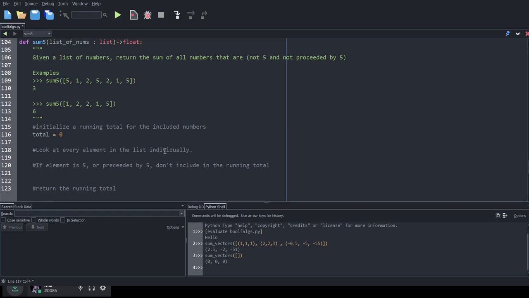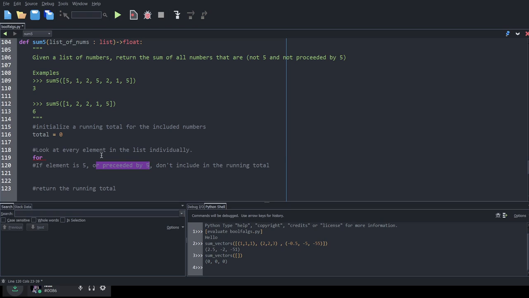Okay, now we have to look at everything in the list individually. Our input is a list. If we want to look at the stuff, let's think. We're definitely going to do a for loop. Now let's think about this a little bit more. We want to check the element itself, and we also want to check the element that is before it.